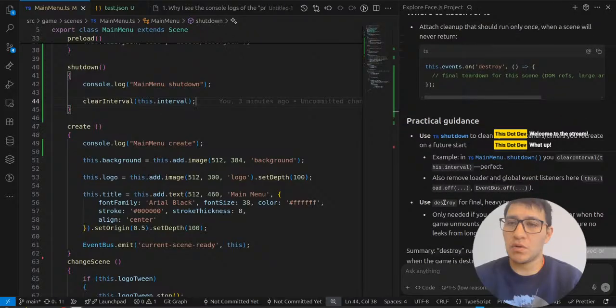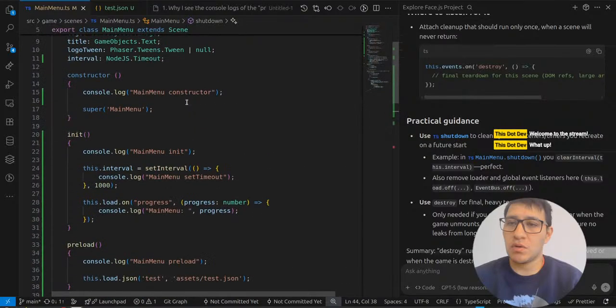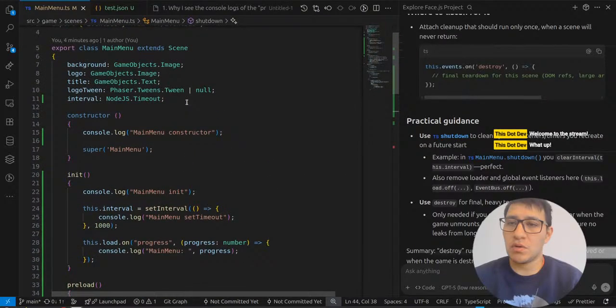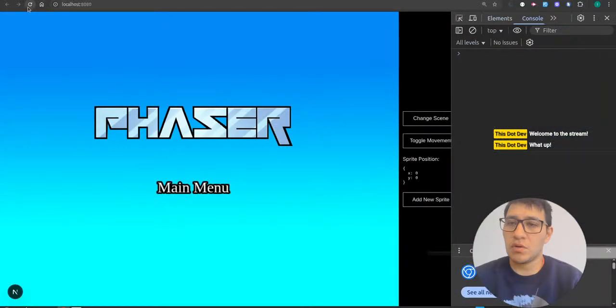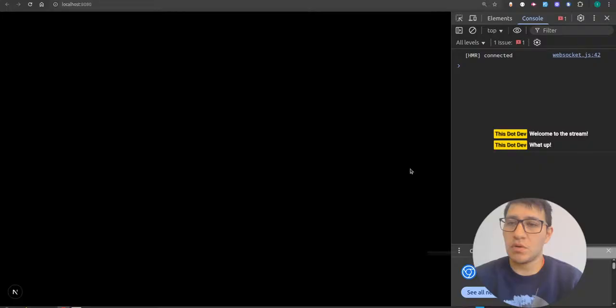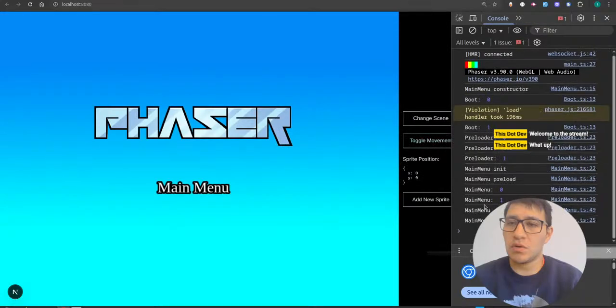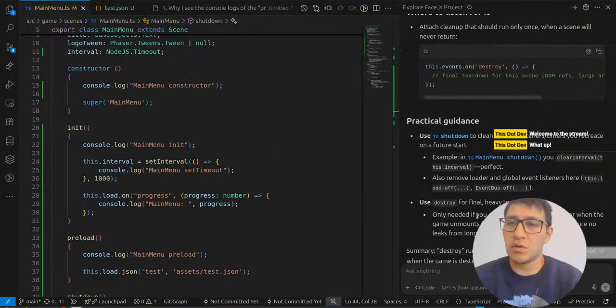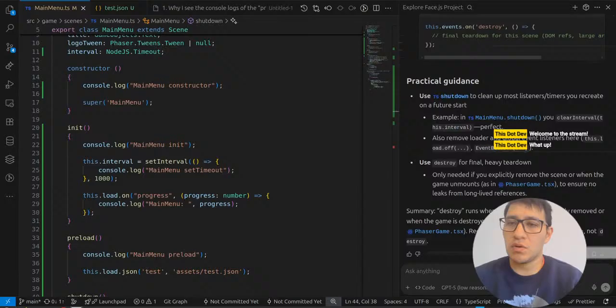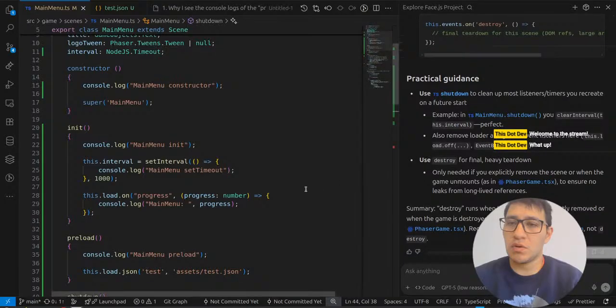Example, in main menu shutdown, you clear interval. Here's exactly where I have it. This is exactly what I'm doing. Why is it not working? There's the timeout. I changed scenes, but shutdown doesn't get called. Use destroy for final heavy teardown, only needed if you destroy somewhere. Okay, then